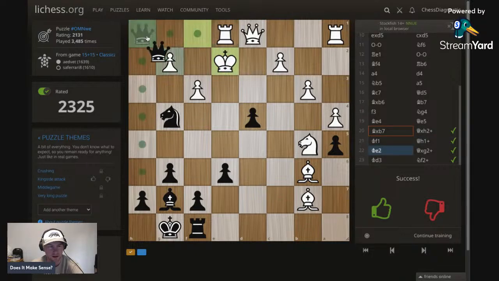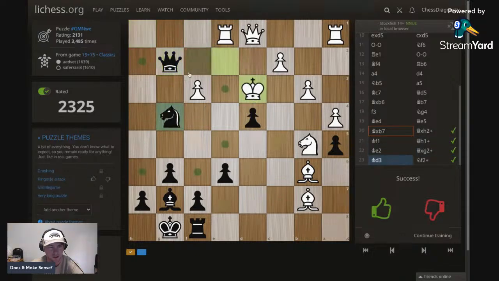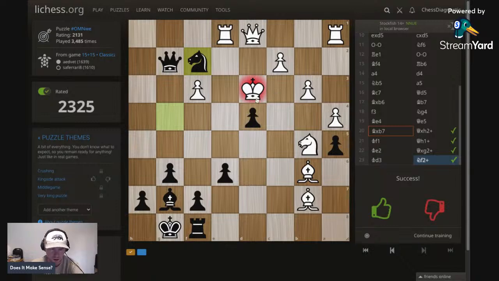Takes. All right. Then you're going to check. He goes here. All right. So you check, he moves, and then you take the queen. That's it, so it looks like the puzzle is over at that point. Now, this is where you still want to practice evaluation and see if you get the correct one. Because obviously, you take the queen, but you'd still be down material, or at least it would be a rather unbalanced